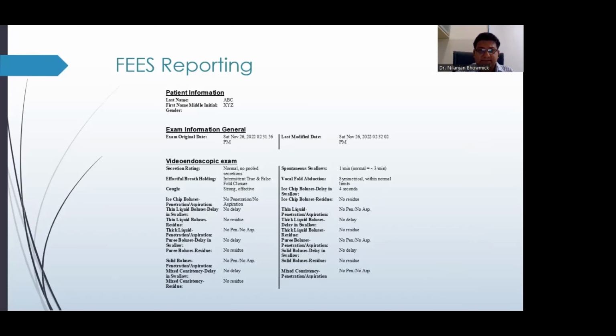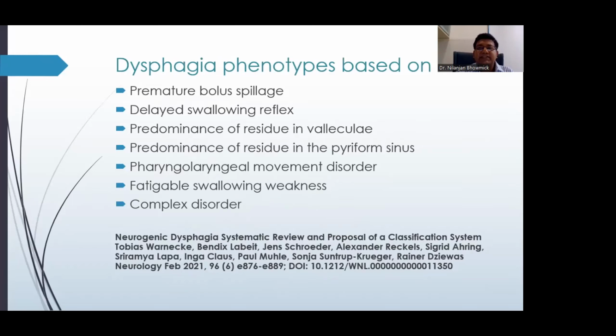Now, I urge all of those interested in dysphagia to go on and read this paper out here. They have classified the dysphagia phenotypes on endoscopic examination in patients of neurogenic dysphagia, where they have found the various neurological problems, and the most common dysphagia findings, or rather the FEES findings that you can see on an examination. What's been commonly noticed is that residues in the vallecula and residues in the piriform sinus are probably the most common findings that are noted.